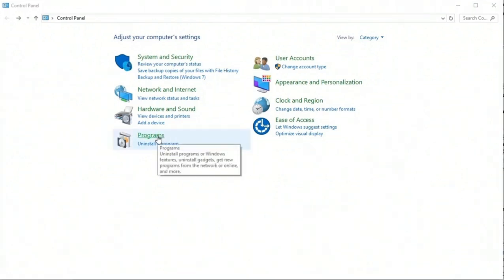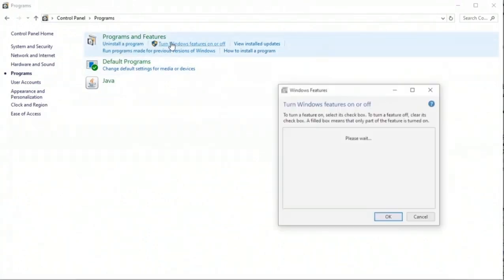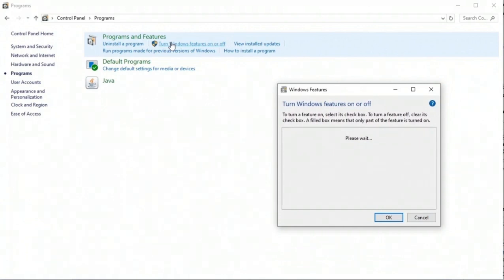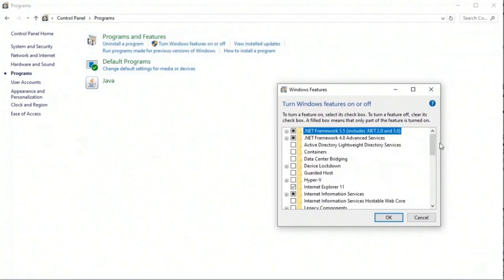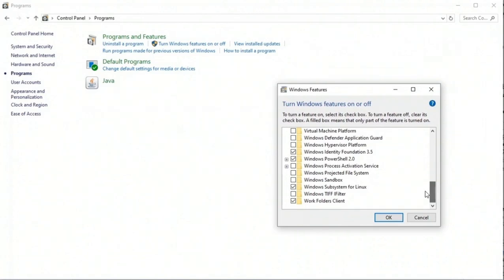First thing is, we'll look under Programs. Now, oftentimes people don't think about this, but turning Windows features on and off. If there's a feature you're not using, turn it off. It's very simple. If you're not using some remote access feature, and I'll scroll down here just a little bit to look at some common ones.